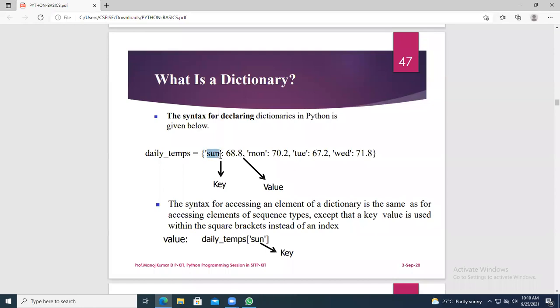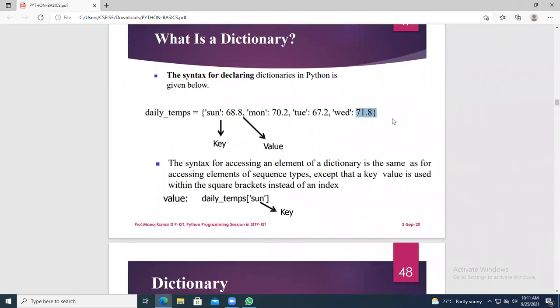You have taken sun, mon, tue, wed as keys, and their values are here. So this one is key and this one is value. A key colon value pair we call a dictionary.